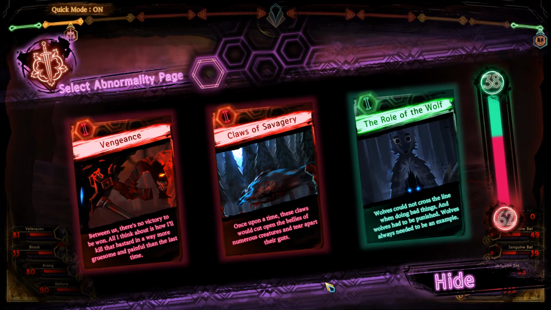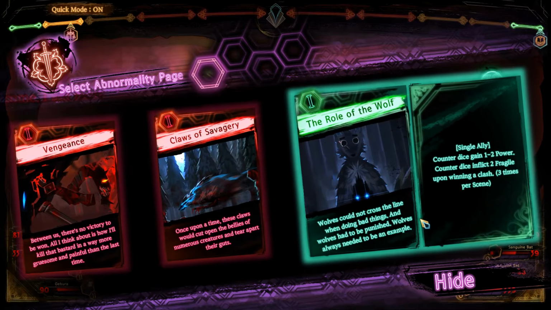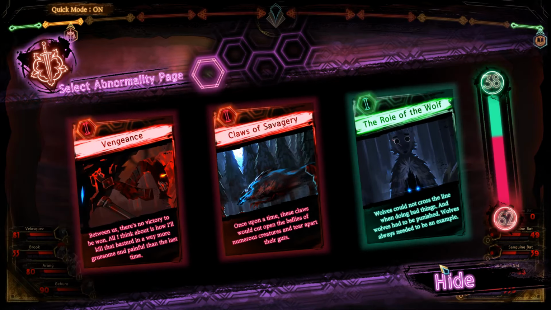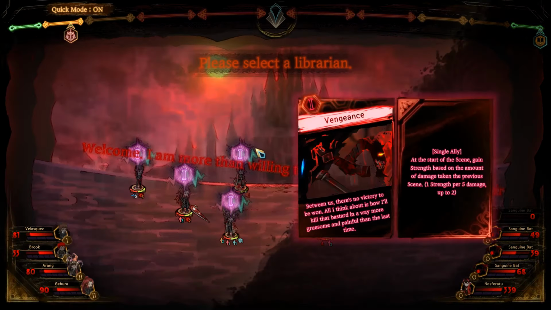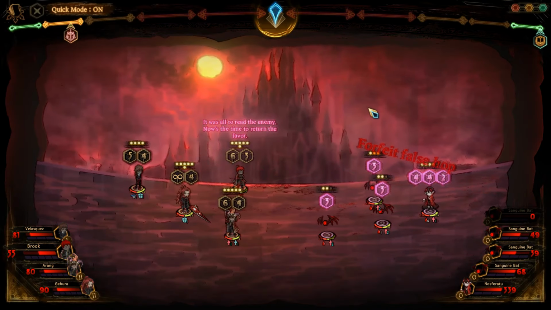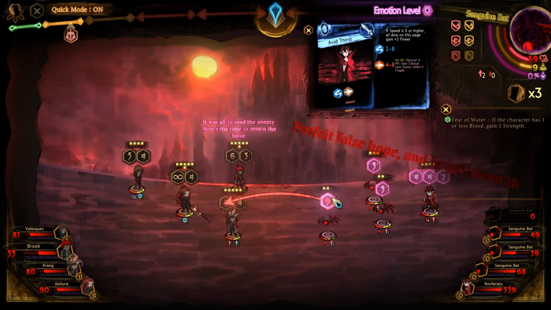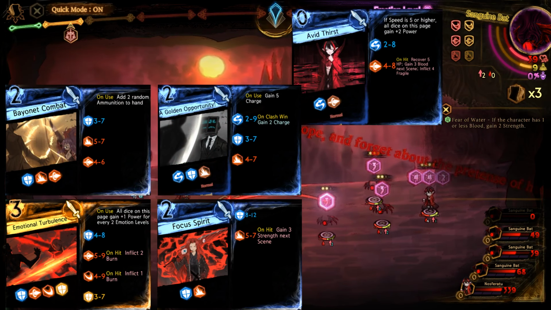Alright, for Abnormality Pages it doesn't matter too much, none of them are particularly interesting in the tier 1 area at least for this fight. I think I might just take Vengeance and put on my Calo because he's kind of sucking right now, but that's it pretty much. Here we go, last page from the bats, Avid Thirst, same speed clause, and then a